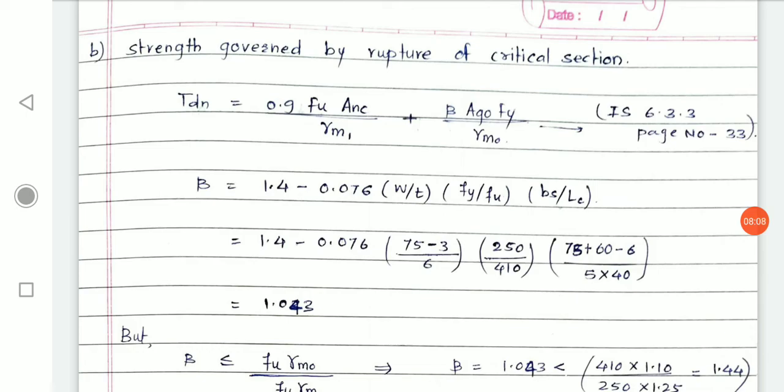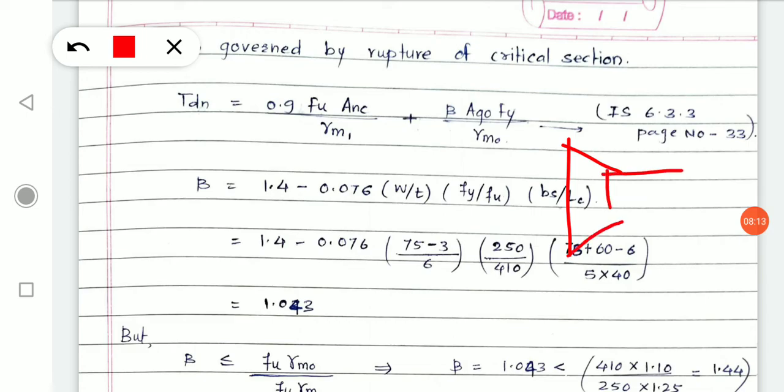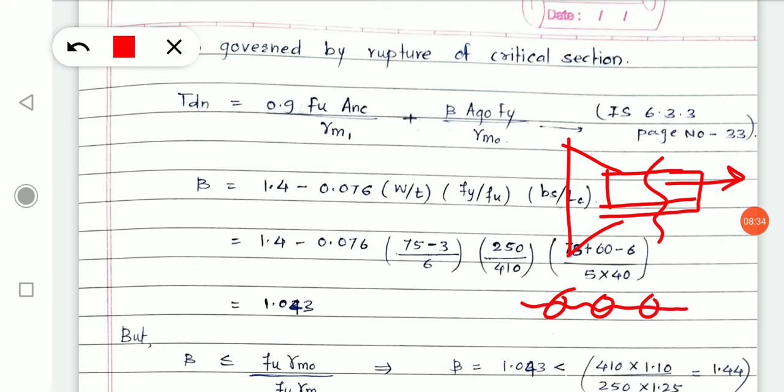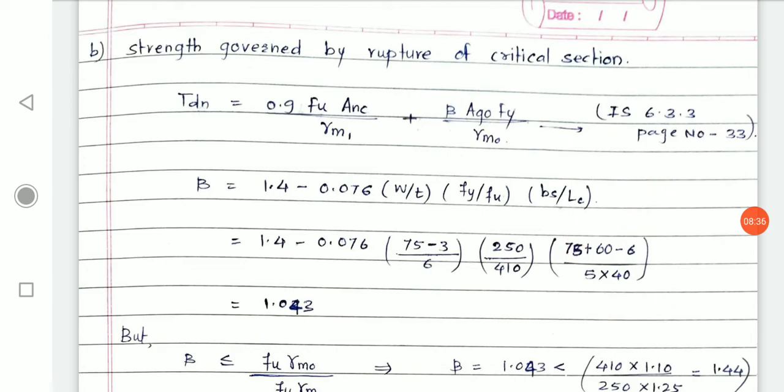See, when you apply a tension, this is your gusset plate, this is your angle, and if we apply a tensile force upon it, first it may fail in yielding. If it does not fail or become unserviceable because of yielding, then the next thing that happens is rupture. How does rupture happen? The bolts get ruptured down. I have shown a video in your class in your official group, you can see that. Now we will focus upon the numerical part.